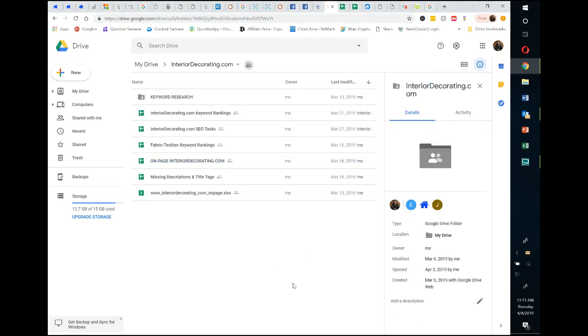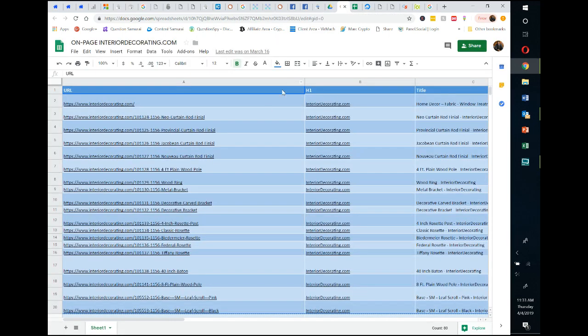Okay, so I saw a new trick this week about how you can translate content on Google Sheets into other languages, and I thought of some ideas that could be done, because anybody that uses RYS or any of the other tools that talk about the authority of using Google products and ranking with them, this kind of fits into that method. So what I've done is I've gone to my on-page content for a site called Interior Decorating, and